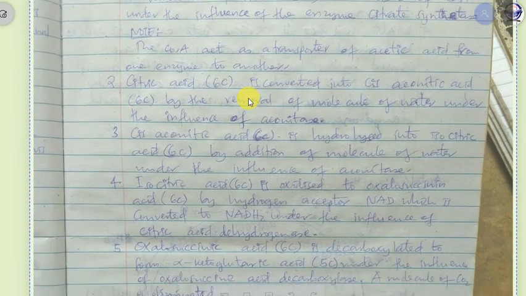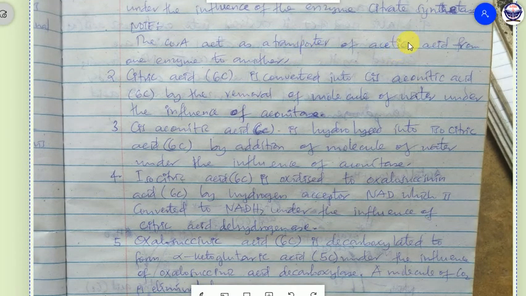Now note the coenzyme A acted as the transporter of acetic acid from one enzyme to another, as we know the concept of enzymes from the knowledge of biochemistry. So we are saying that the citric acid, which is 6 carbon, is converted into cis-aconitic acid, which is 6 carbon, by removal of a molecule of water under the influence of aconitase. Sasa kuna baadhi ya vitu unaweza kama usivielewe, kwa sababu kinachofanyika hapo unaweza kusema sasa ni kama ujinga fulani,